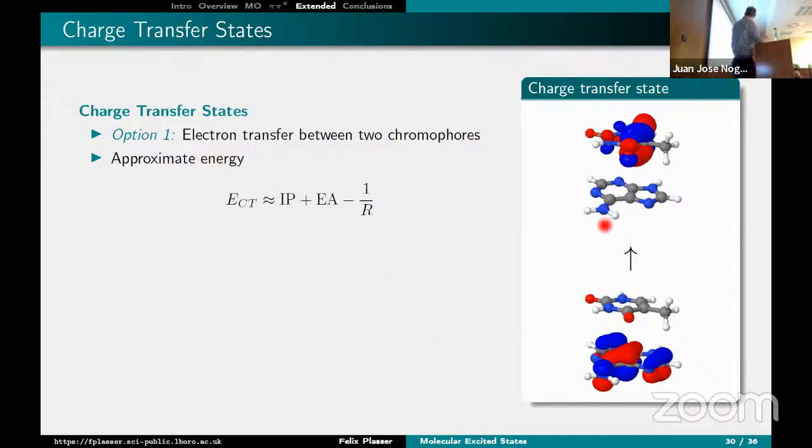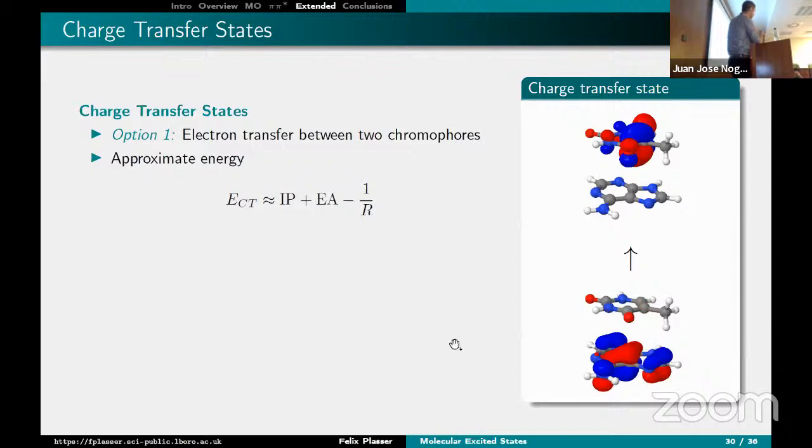This is adenine and thymine. And then you see the donor orbital is on adenine, the acceptor orbital is on thymine. So this is a charge transfer state from adenine to thymine. And one thing that always gets thrown around in the concept of charge transfer states is, if the chromophores are fairly far apart, then we can view a charge transfer state as an independent ionization and electron attachment. So we need the ionization potential for here, the electron affinity for here, and then the separation between the two